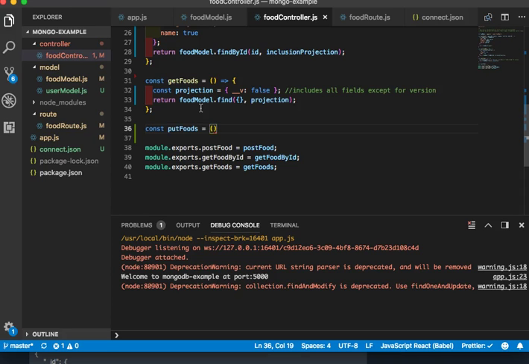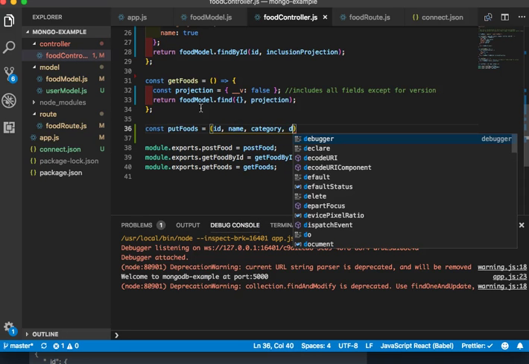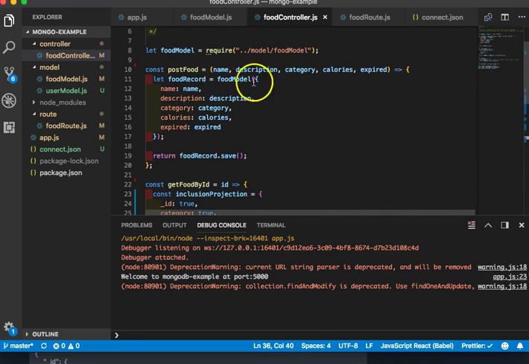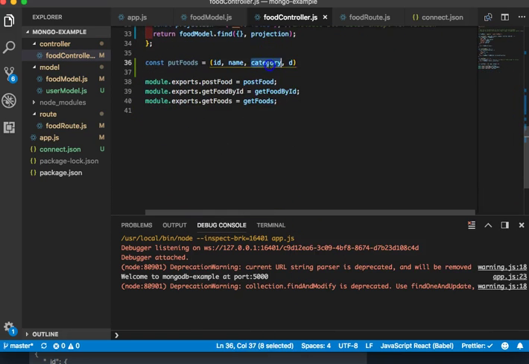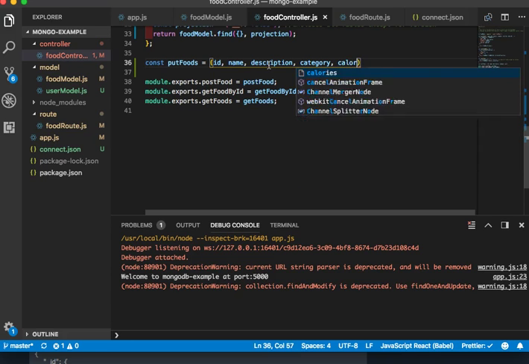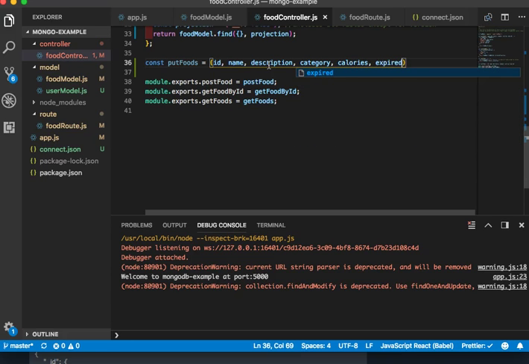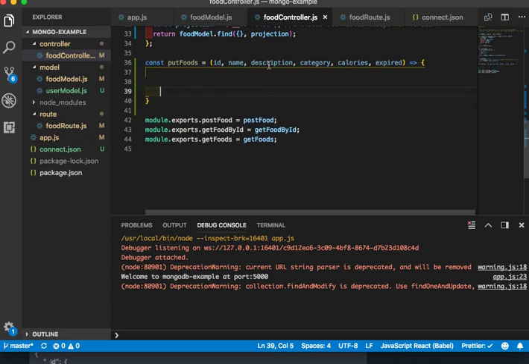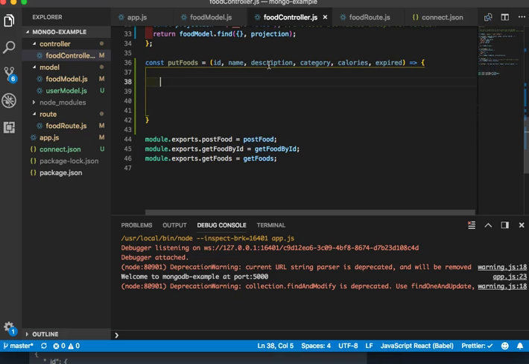So we need all of our fields. We're going to say ID, name, category, I want to make this match up with the post. So we're going to do description, category, calories and expired. Fat arrow syntax. So now